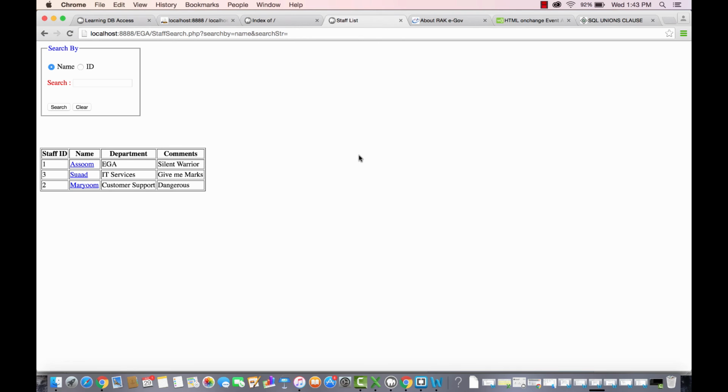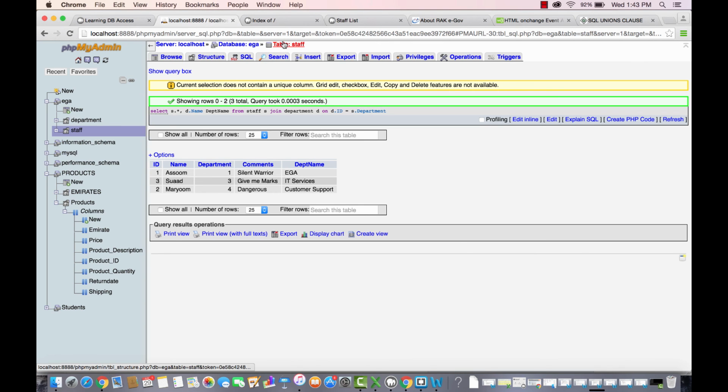Now you can create a form like this. I can create a form for you like this also. It's very easy and quick. It won't take more than 1 or 2 hours to insert values in the database itself. If I go here, staff,